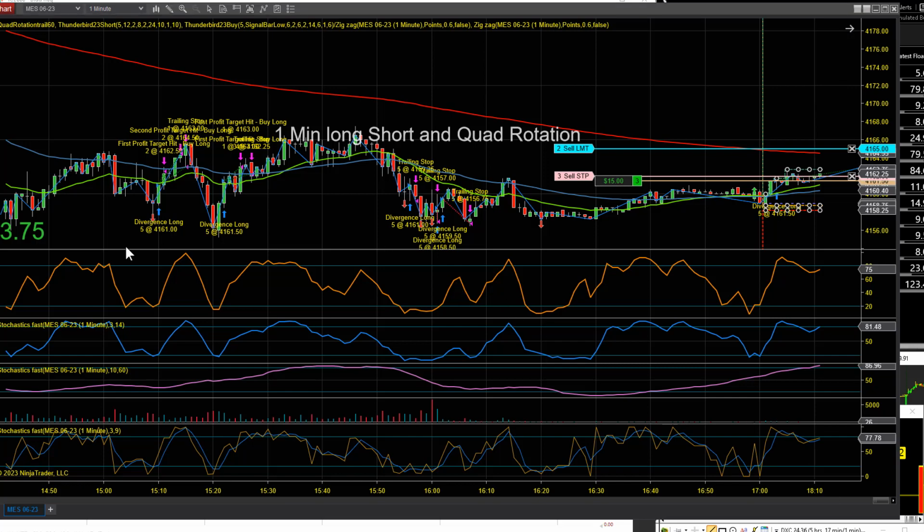Gives us the heads up on the possible divergences or change in momentum. And then for us as traders, this is where we have to define the parameters. And when I talk about the parameters,